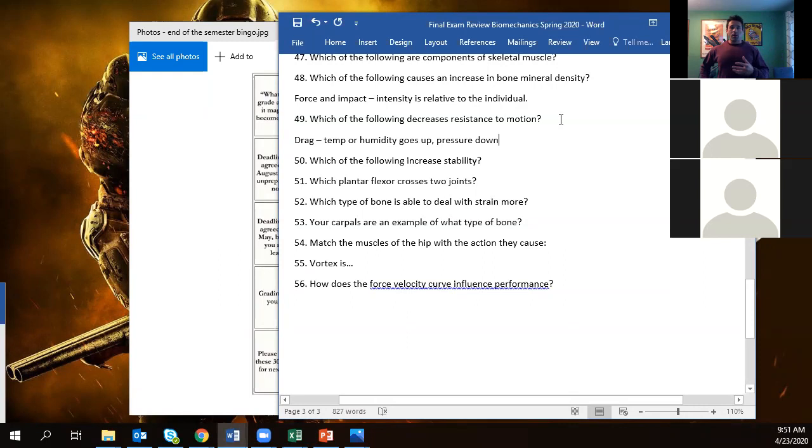Because the idea, like anything else, with higher humidity and with a higher temperature, the molecules are moving faster in the air, so it's easier to kind of slip through. And then at the same time, the humidity almost lowers the viscosity, makes it easier to move through the medium. Now, not water. Obviously, water is a lot more driving force than air.